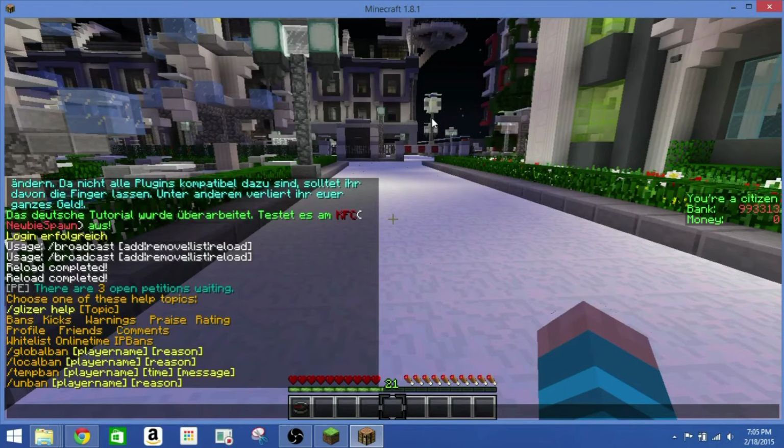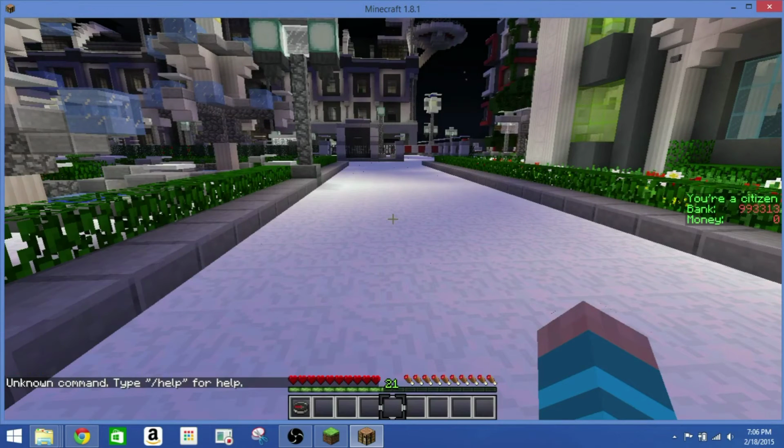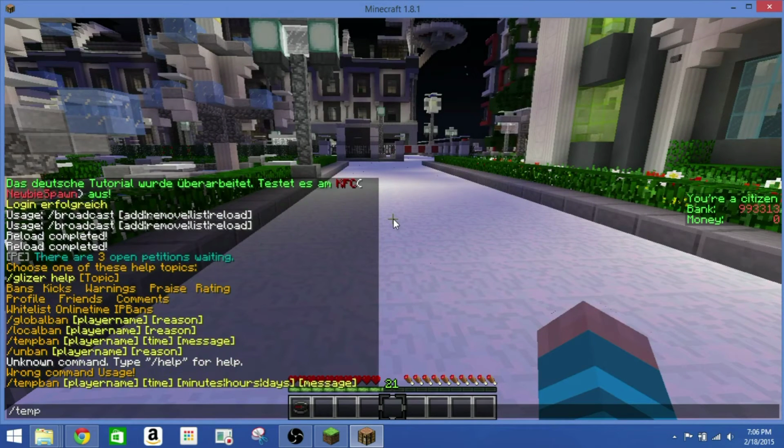Like if you're on one server, and you just do local ban, player name, then the reason, it will just ban them on that server that you're on. And if you do temp ban, then what you need to do is type in the command, then the player name, but I will put in my alternate, for example, and then you type in the time, and let's say 7,